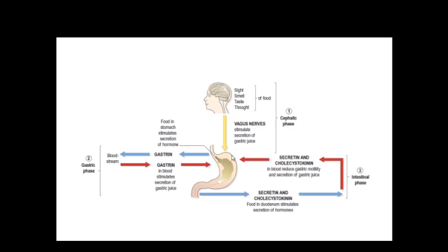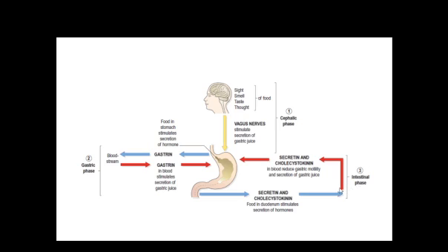When the food enters the stomach, it stretches the wall, which again stimulates the vagus, and in a vagal reflex manner, the vagus increases the gastric juice secretion from the stomach. And when the semi-digested food enters, it not only stimulates the vagus but also stimulates gastrin release, which again increases the gastric juice secretion as stated earlier. In this way, in the gastric phase, about 50% of gastric juice is released. Next is the intestinal phase.